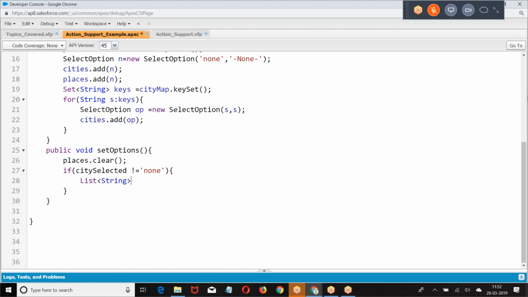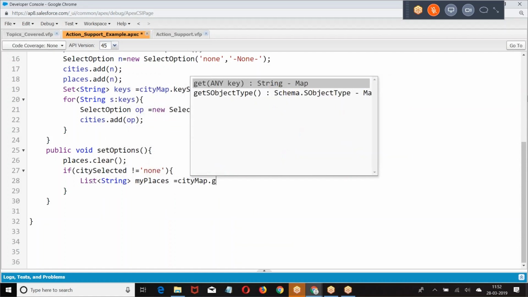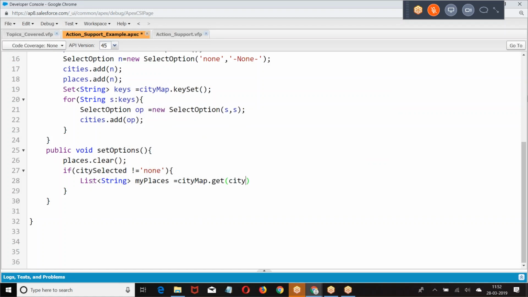List of string my place is equal to city map dot get of. If you selected Hyderabad, I will get Hyderabad places. If I select Bangalore, I will get Bangalore places. If I select Chennai, I will get Chennai places.